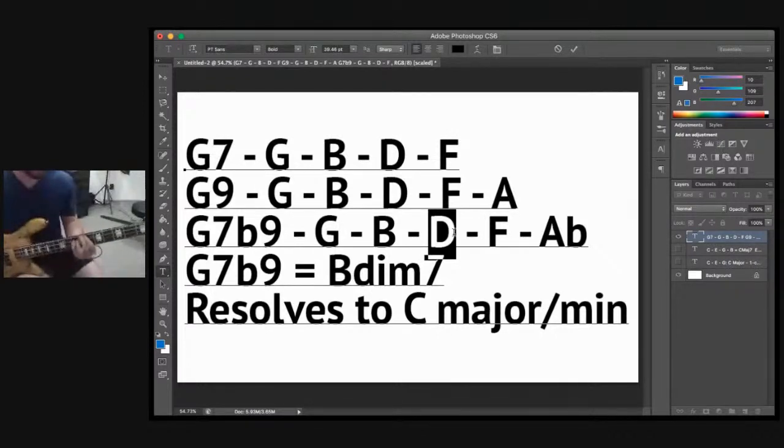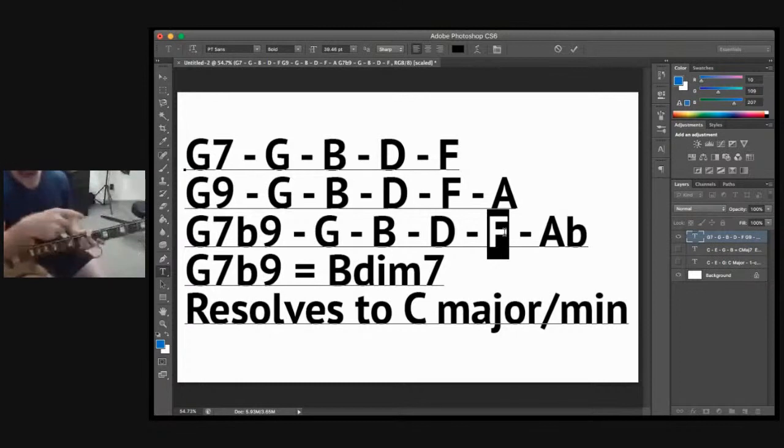Yeah. Now the F, it also can go either way. It can go up to the G in either the C major or C minor, or it can go down to the E or down to the E flat, depending on whether it's major or minor. So I'm going to have to change my voicing here. So yeah, here we go.